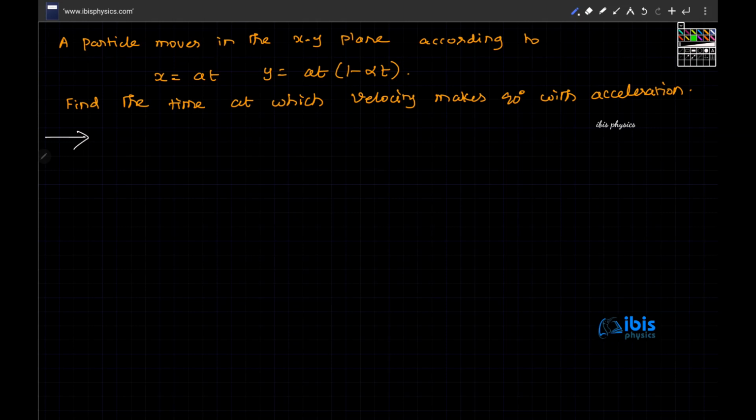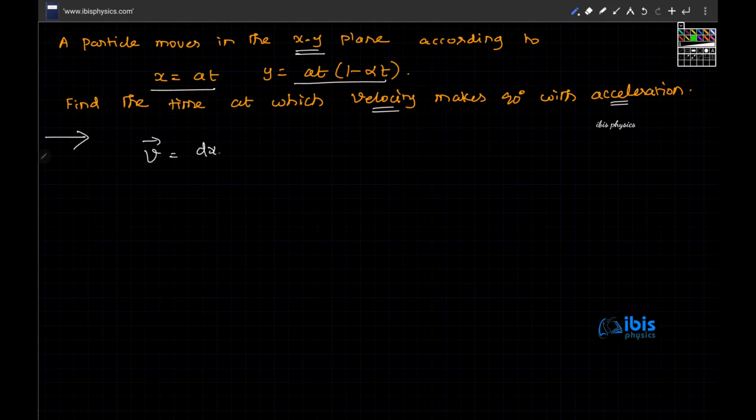So a particle moves in the xy plane according to x equal to at, y equal to this much. Find the time at which velocity makes 90 degrees with acceleration, for which you should know what is velocity and what is acceleration and the dot product. We know that velocity